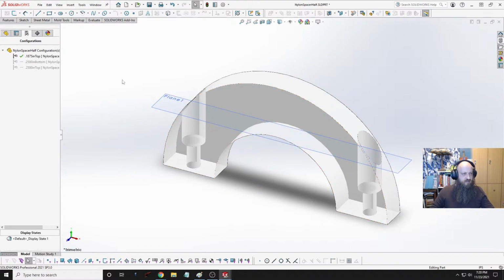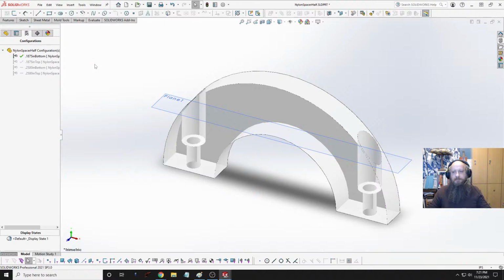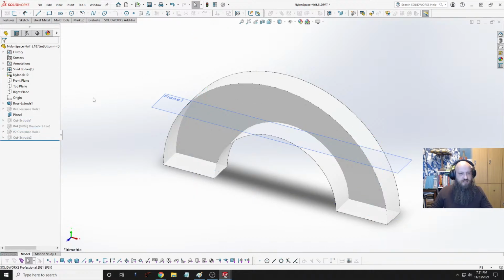Okay, that's the top. And then I'm going to add a configuration, 0.1875, bottom. Oh, nope, inch bottom. All right, after I finish this, we'll do a little break here. Where am I at? Ah, bottom. Bottom is going to get rid of these, suppress those,